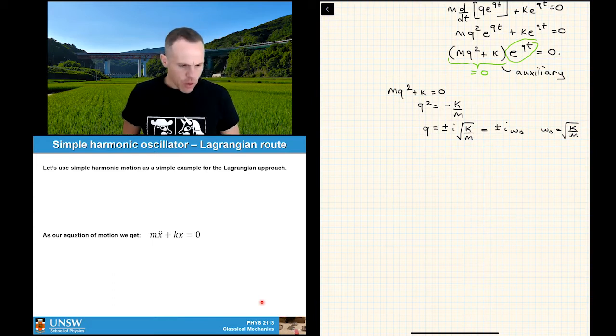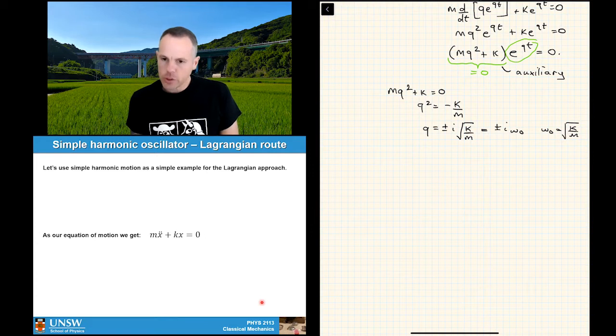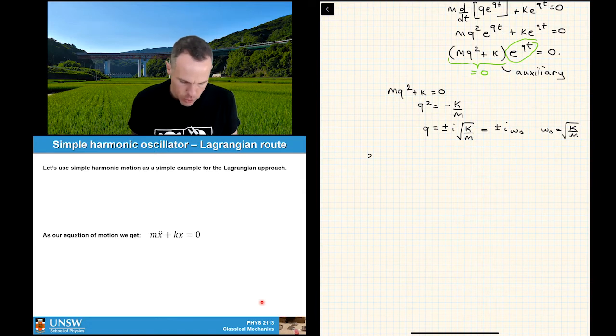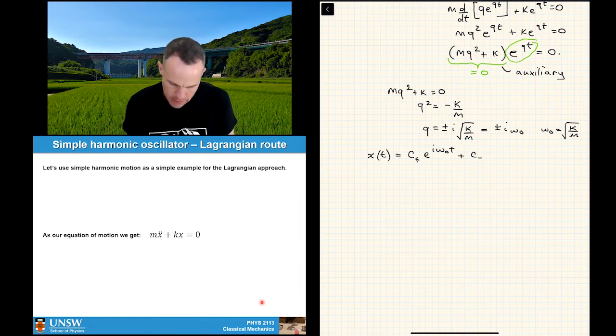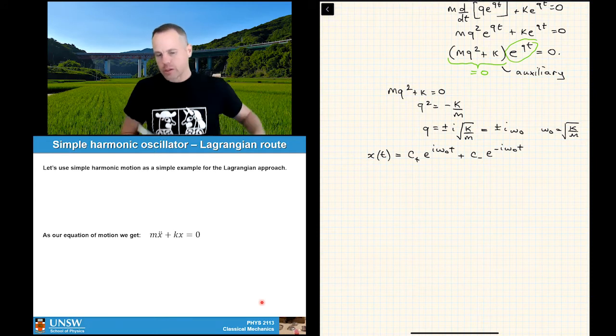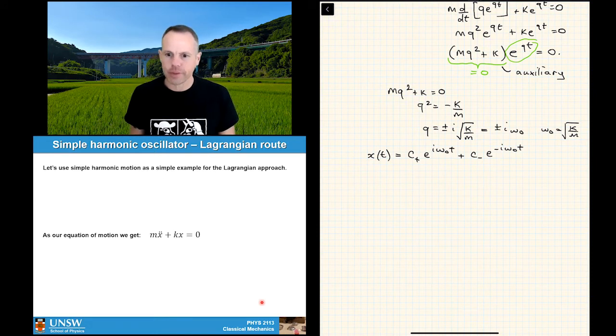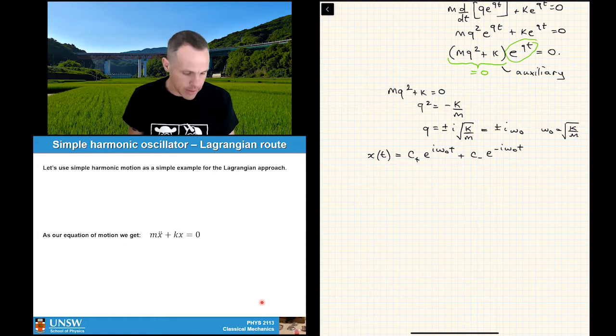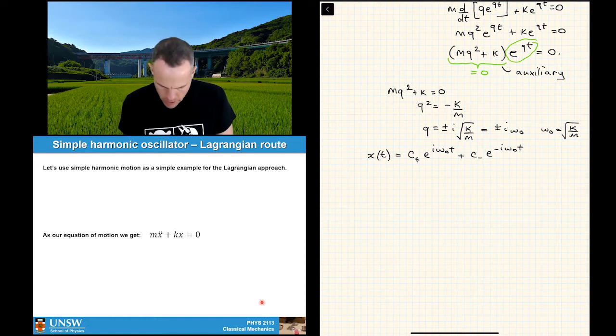All right. So we've got that. But what we know here is there's going to be two solutions, a plus solution and a minus solution. And so our better trial solution to use in this particular case would be x of t equals c plus e to the i omega naught t plus c minus e to the minus i omega naught t. I know you can see why I left those prefactors out earlier, because I needed to see what this was going to look like to realize I need more than one to play this game. Okay, so c plus and c minus